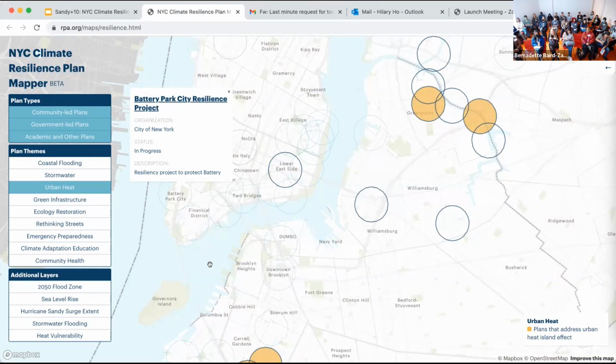Yeah, we did. I think that's a great question. We did actually test some of those layers out. I can't remember the reason why we didn't include CSO, but maybe it was just the way that it was crowding over other information on the map. Someone in another webinar that we hosted also brought up a map, an EJ map, to show some of the things that you were talking about. So I think that's definitely a layer that we're interested in adding as an additional contextual climate risk layer as well. Great, and that's interesting and salient for right now, given the EJ investments that are coming down the pipe for the state and city.